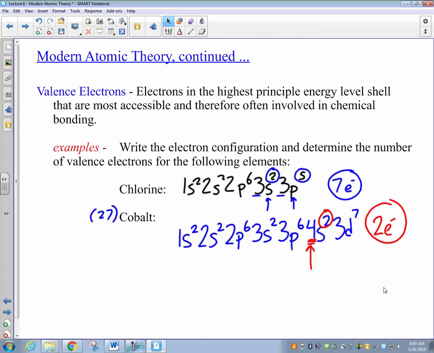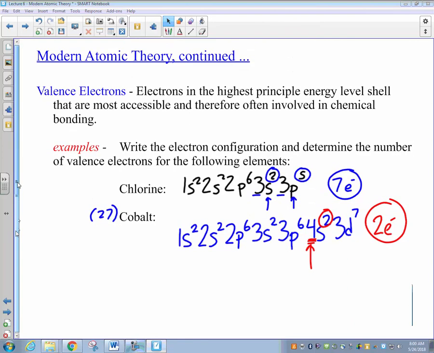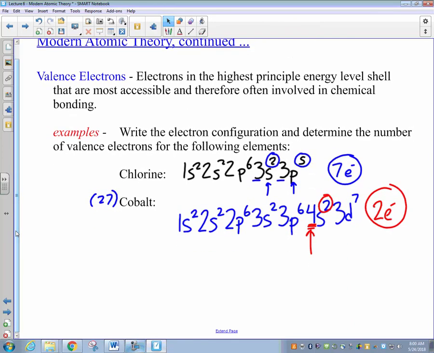And let's go ahead and, just for giggles here, do one more quick example to check something that tends to cause problems on the test. Let's have a look at the electron configuration for element number 32, which is germanium. And again, in order to determine the number of valence electrons, we need to get an electron configuration. So following your alpha process sheet, again, starting at the top in the 1s orbital, we would fill 1s2,